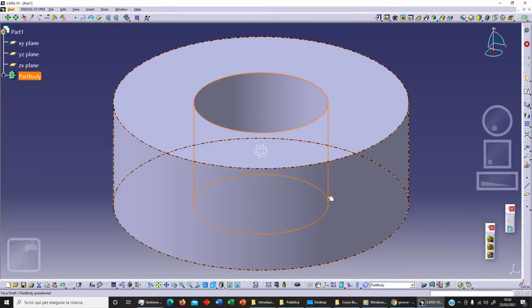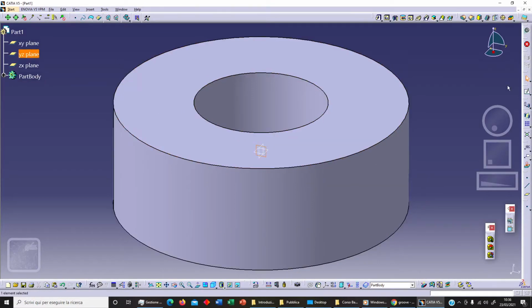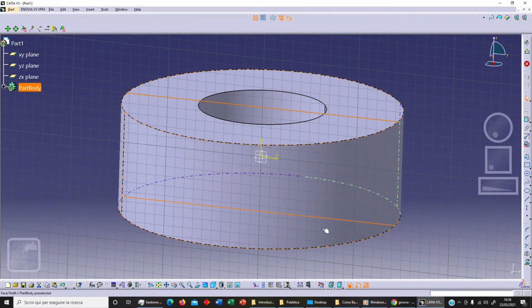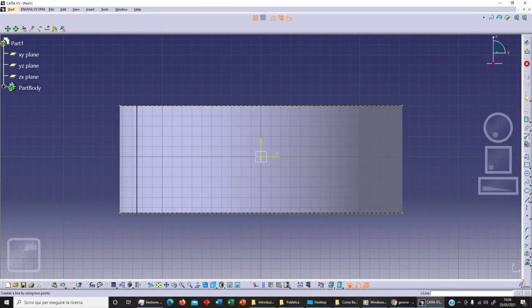Okay, let's select our YZ plane and let's click on sketch. We can use our project 3D element. We can select our cylinder and we can project our cylinder, and as you can see, we've got these two different lines. We want this line as a construction line, and let's click on this. Okay, now let's sketch a line, for example, this with coincidence, and now we can sketch, for example, a circle here,